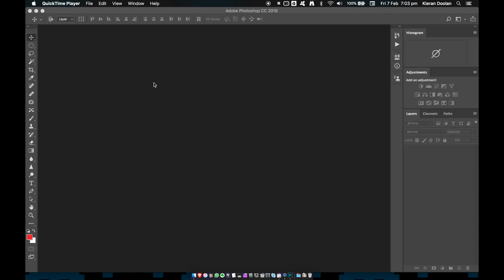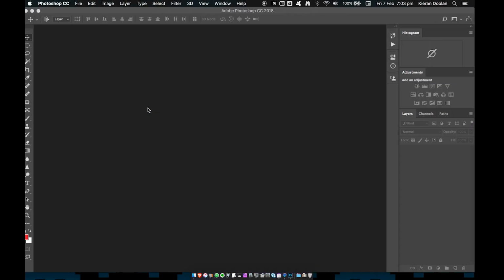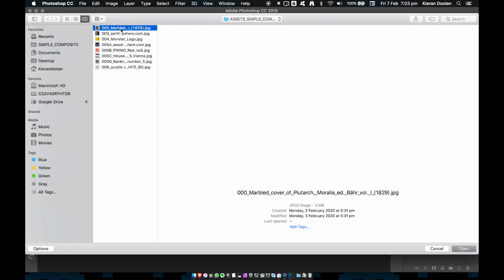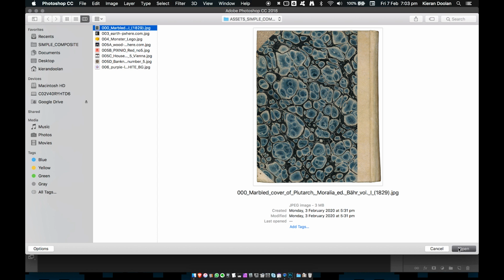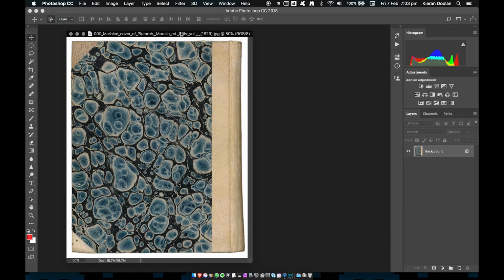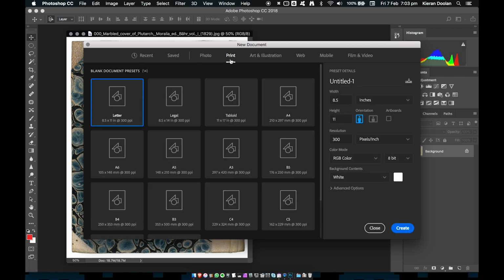Okay, starting off in Photoshop here, I have some assets ready to go in a project folder. I'm just going to go ahead and double click on the desktop to open up the marbled book cover image. That's pretty good there. I'm also going to start a new document from the print preset, so type in Command N, Control N on a PC. I'm going to choose A5